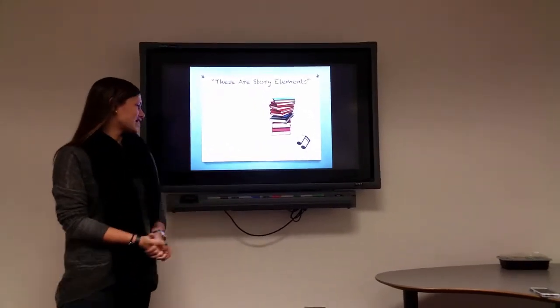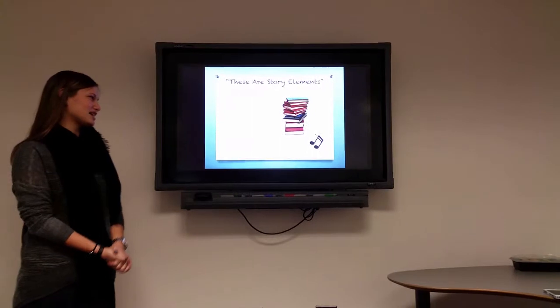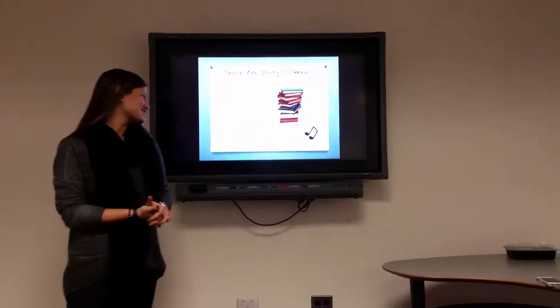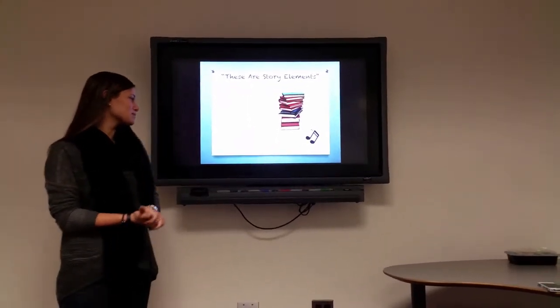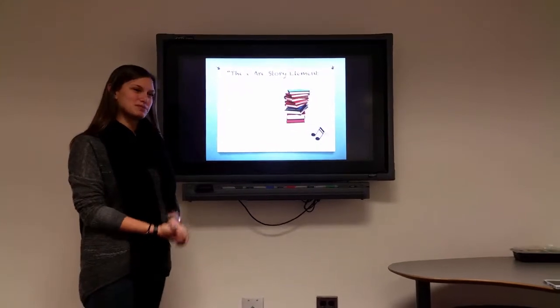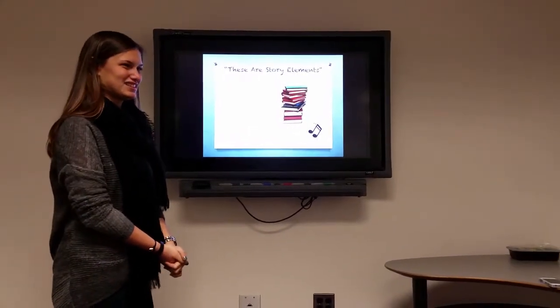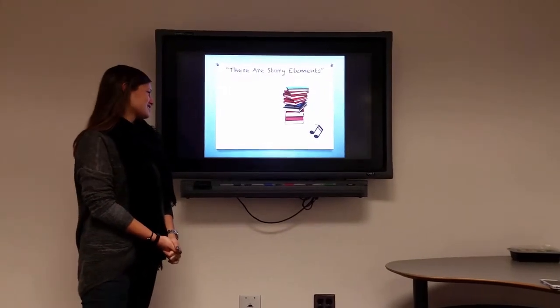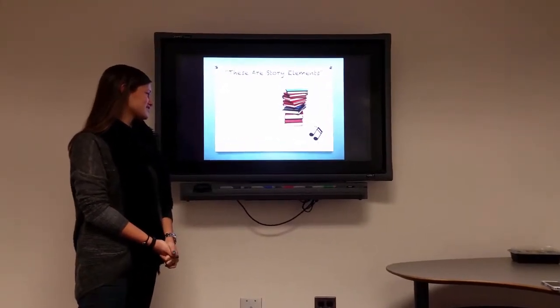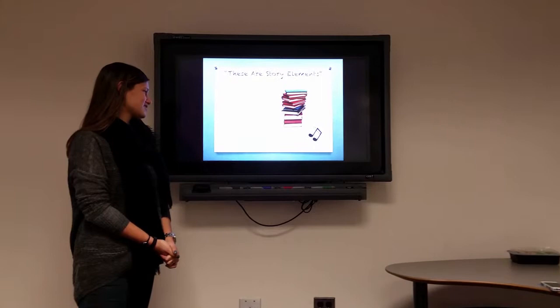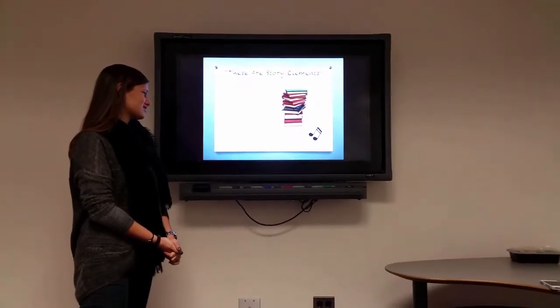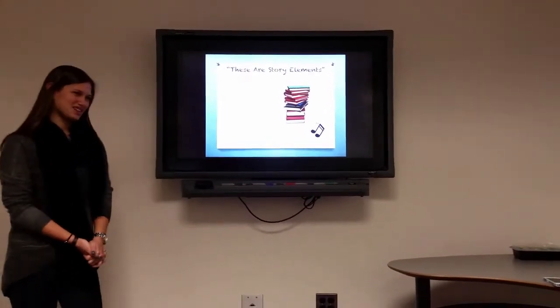story elements. That problem comes with a solution. This we call the resolution. All these events make up the plot, settings, time, and place or spot. These are story elements. The problem comes with a solution. This we call the resolution. All these events make up the plot, settings, times, and place or spot. These are story